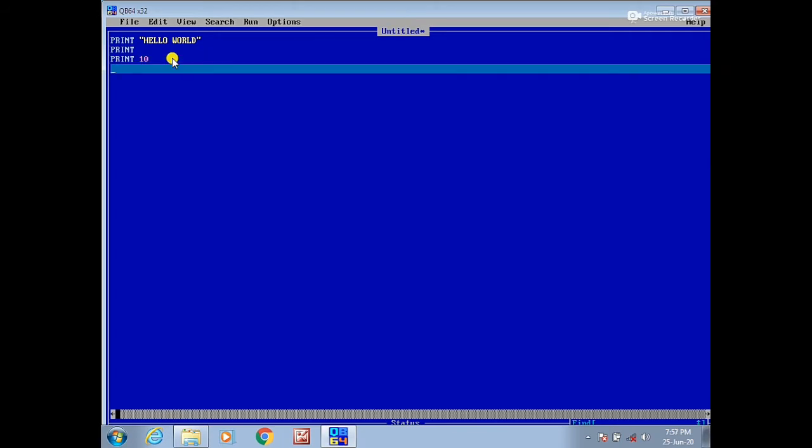Okay, now print with separator. PRINT space, and I write roll number, now I am using the comma separator and then write 01.